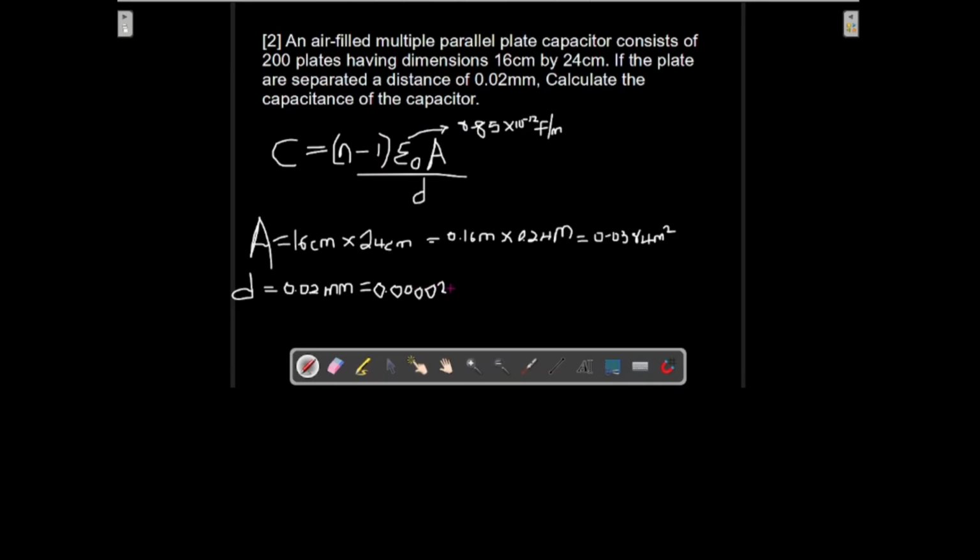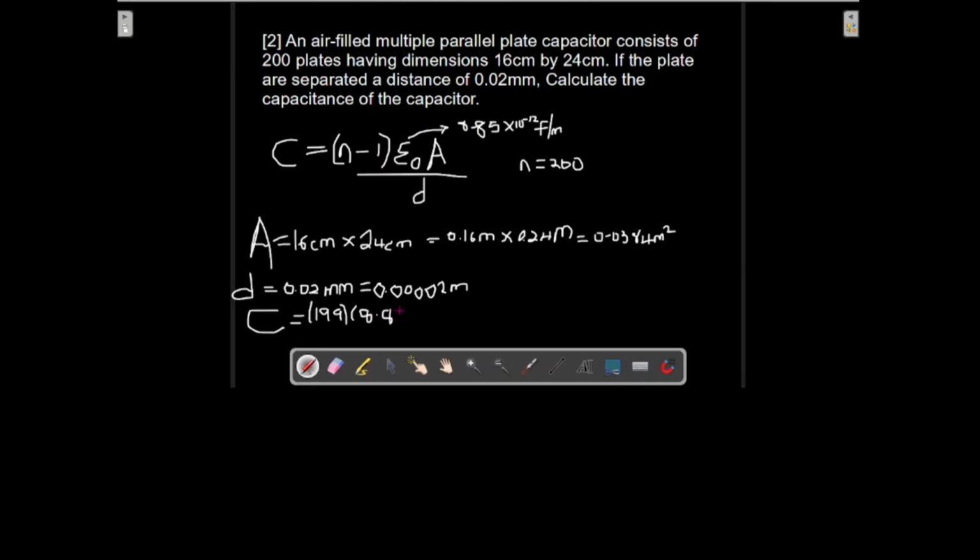0.00002 all in meters. All right, so everything we need now, we have isolated them, and n is equal to 200. So this means we can then input our values. C will be equal to n minus 1, that's 200 minus 1, that is 199. All right, 199, multiplied by epsilon naught, which is